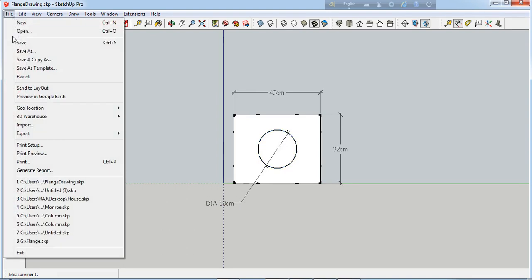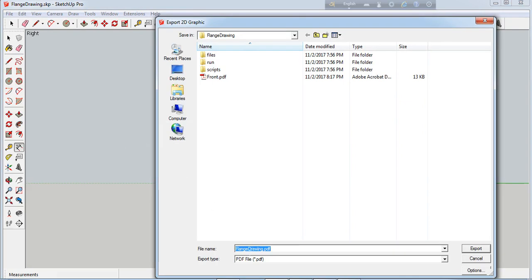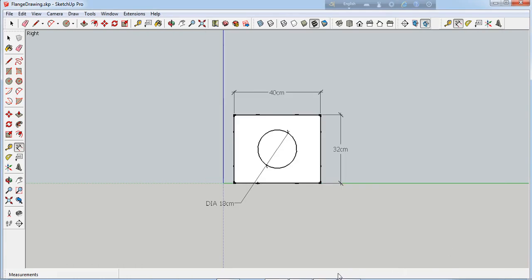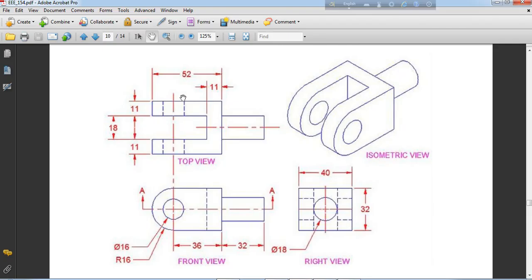So again, we export the graphic as right, R-I-G-H-T. So let's hit on export. So we have this one, we have this one, we have this one, and we also